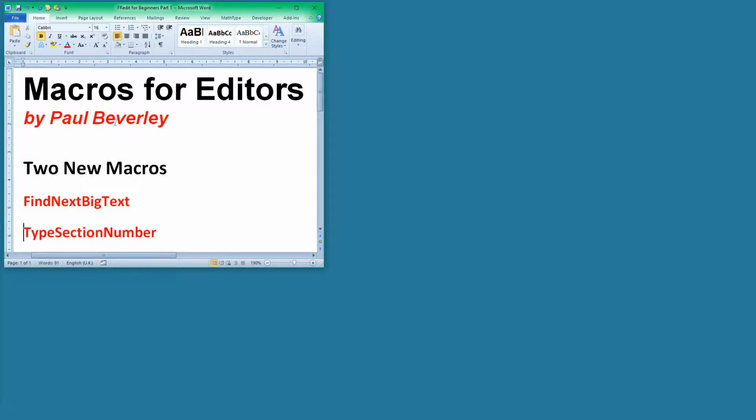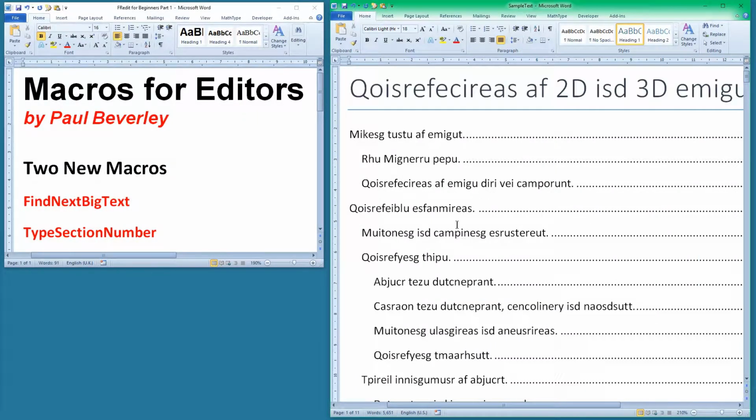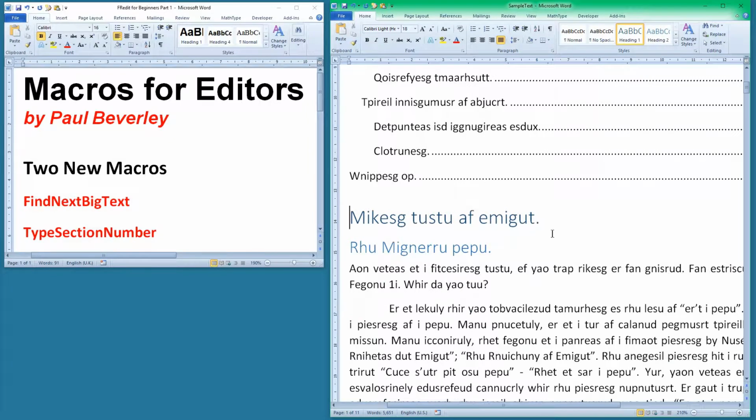Hello, I've got a couple of new macros for you which I'm just in the middle of developing for the job I'm working on. So we're looking at the live data for the job I've got in hand, but I've anonymized it using a trick that's in my Reddit library if you need to anonymize text for passing on to somebody. So the problems we've got here are that first of all, the section headings have no numbers,